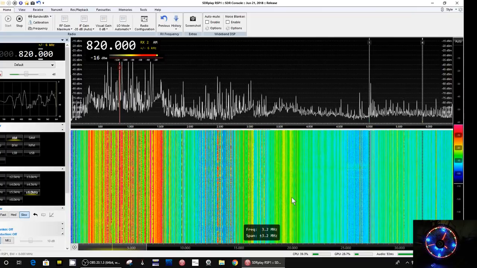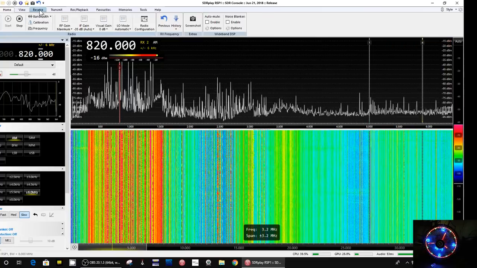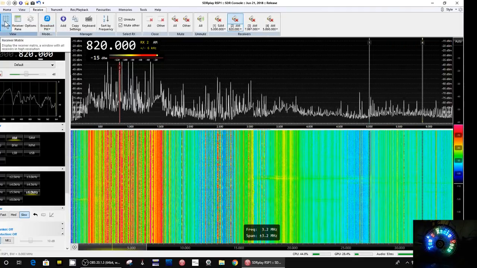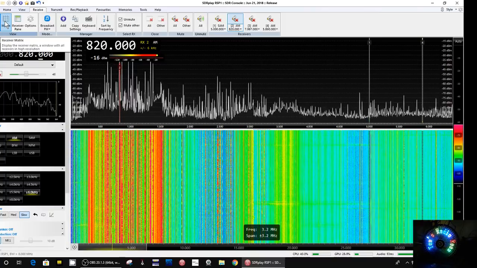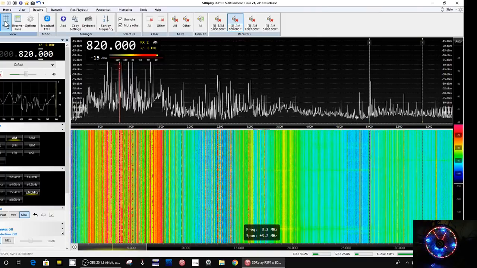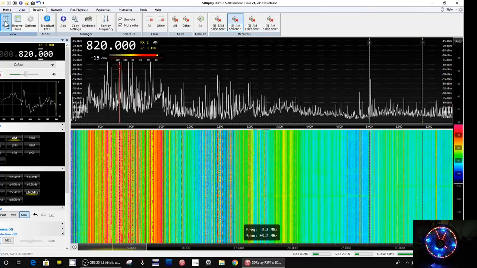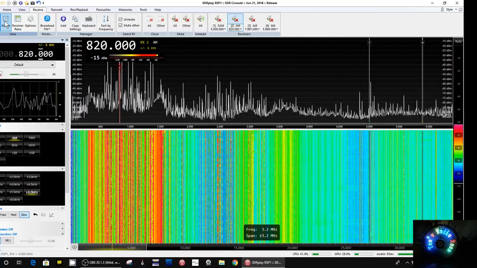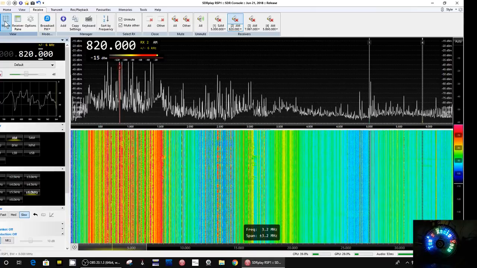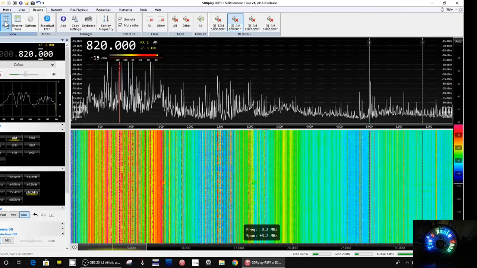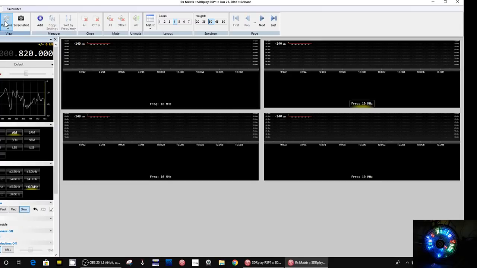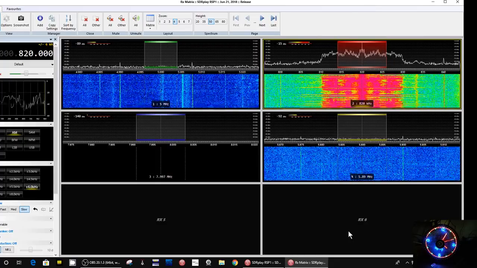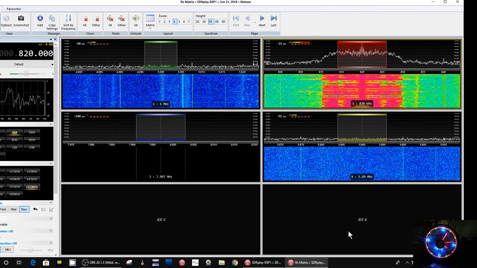So what you do, you go over to Receive, and then right here is Receiver Matrix, and that will display up to 24. I can't get close to 24. I got 6 running without OBS, but we'll try 4. So here we go. I click on Matrix, and then it goes to another window. It's still set up at 6. How do I get rid of